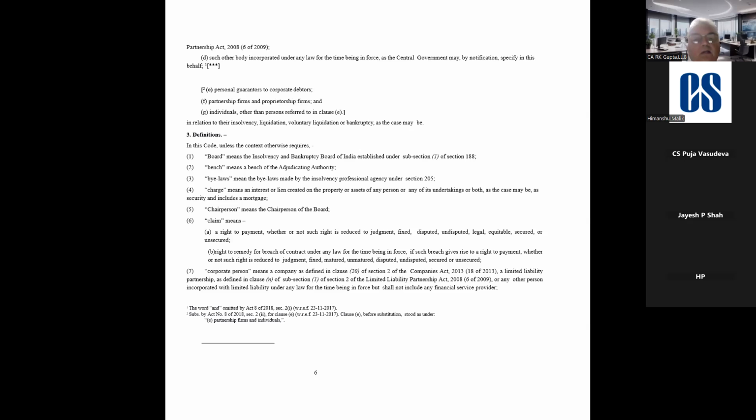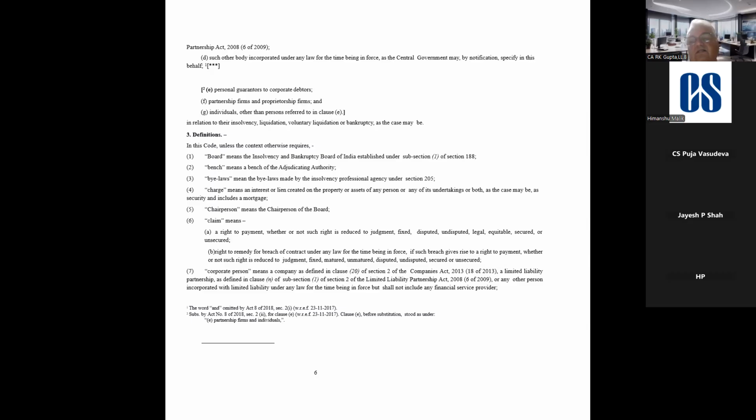Corporate person may or may not be owing any debt. Very correct. But a corporate debtor is one who owes a debt to another. Right. So there could be a situation why they are using two terms. There is a case of voluntary liquidation also. Voluntary liquidation is also one of the processes covered under IBC. In case of voluntary liquidation, it could be a debt-free company and still it could go in for voluntary liquidation. So corporate debtor is the term which they have reserved for corporate persons who are under some obligation,